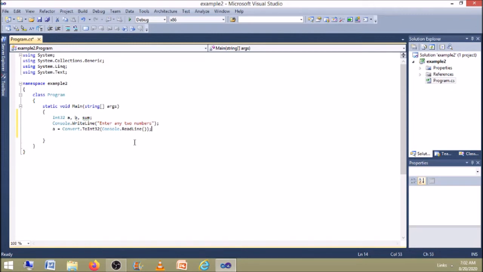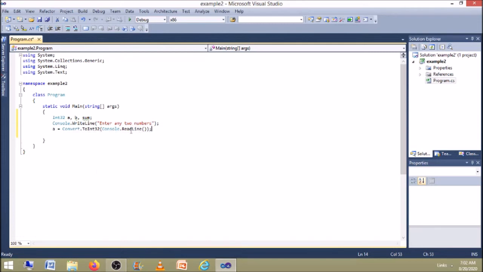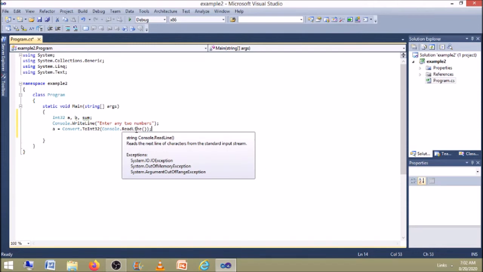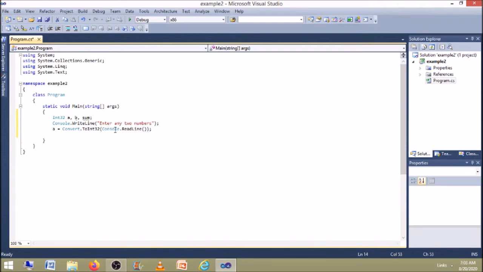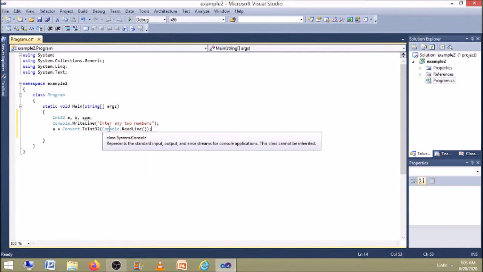Now you just see the statement. We have given the variable a, that is, the first value is going to be stored in the variable a. The statement to receive the value is Convert.ToInt32 within brackets Console.ReadLine. Actually, to read the value from the user during runtime, the statement is Console.ReadLine. Here the function ReadLine reads the value with the keyword Console.